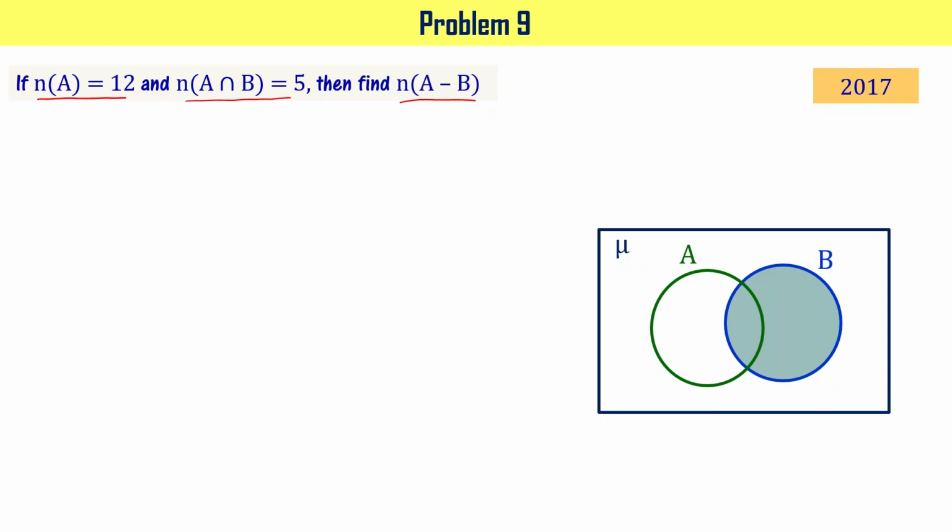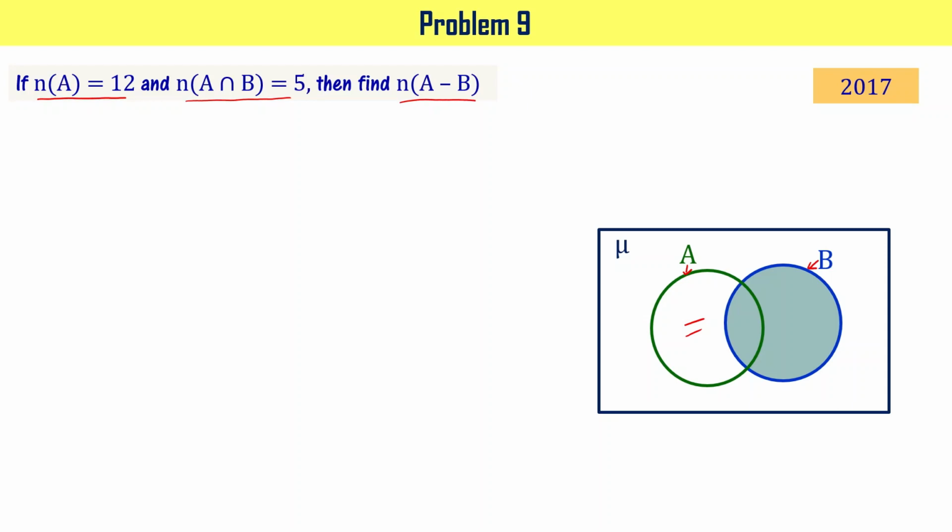Set A is shown using a green color circle and set B is shown using a blue color circle, right? In A, a certain part of A is in white color and some part is in gray color, right? If you look at the part of A which is in white color, that is here, this particular zone,